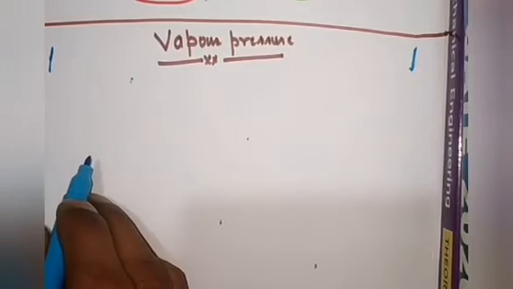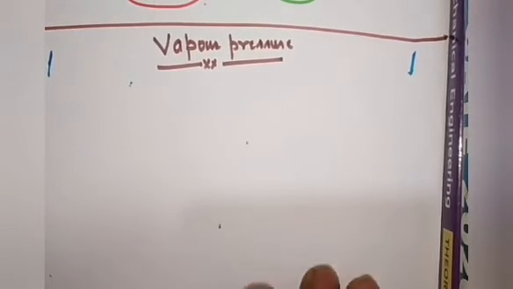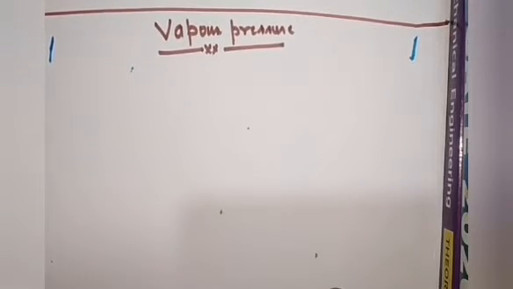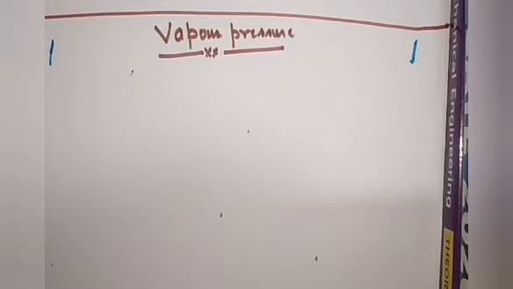So my next topic is vapor pressure. Already in the last lecture I have discussed the importance of vapor pressure in the solution, because all the concepts that are going to come from the next lecture onwards will be totally related to the vapor pressure concept. If you don't understand vapor pressure, there will be a difficulty while solving numericals for colligative property. So try to understand the vapor pressure concept first, and it is one of the day-to-day phenomena.